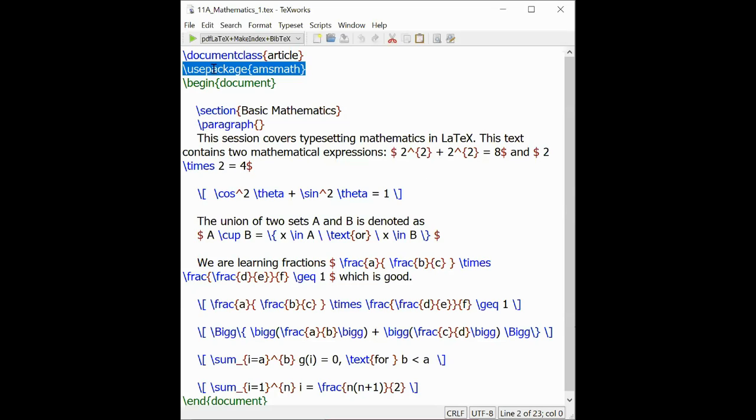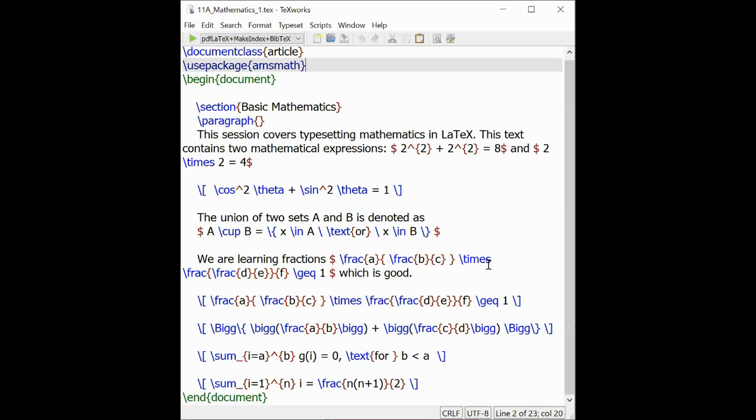So that is given in the document class. If you want to use these math equations, you have to use the package, \usepackage{amsmath}. If you are not using this package, most of the symbols you are using will not compile. All these symbols are defined in the amsmath package, like your \times, or \frac, or \geq, that is the greater than or equal to symbol.